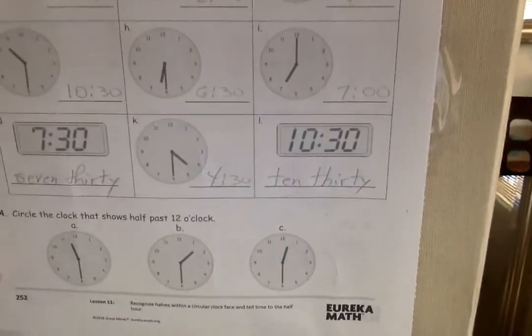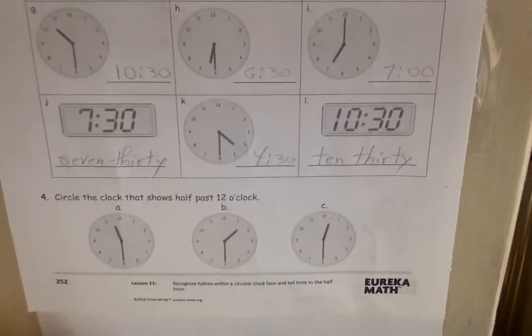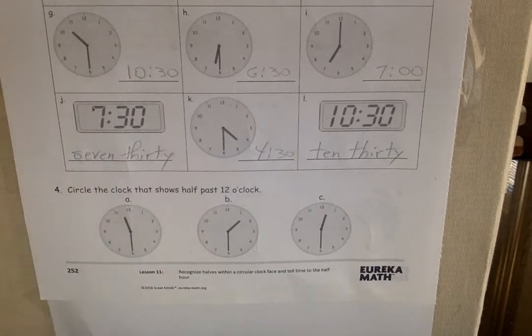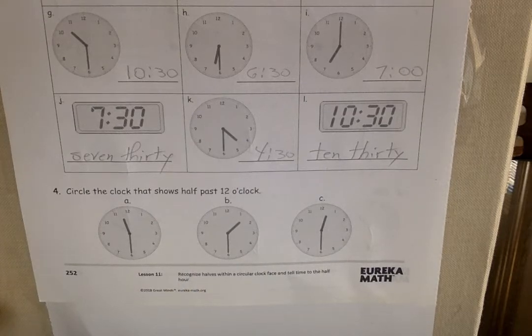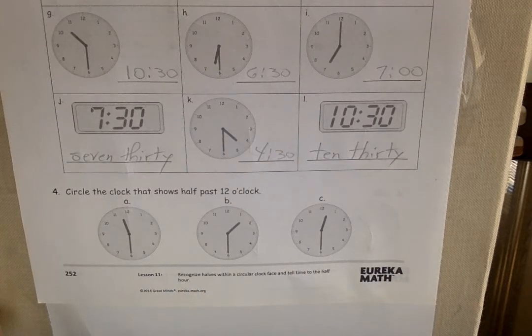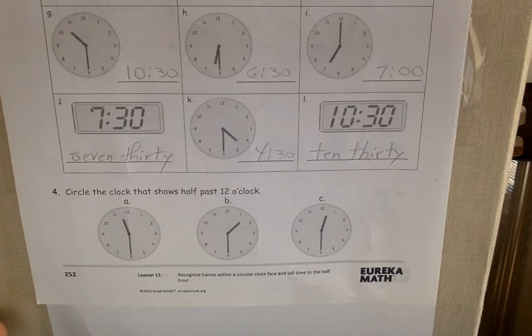Okay, now the last ones, let's take a look at these 3 right here. It says circle the clock that shows 12 o'clock. I'm going to count to 0. By the time I say 0, I want you to go ahead and have that circled. The clock that says 12 o'clock. Get ready. 10, 9, 8, 7, 6, 5, 4, 3,